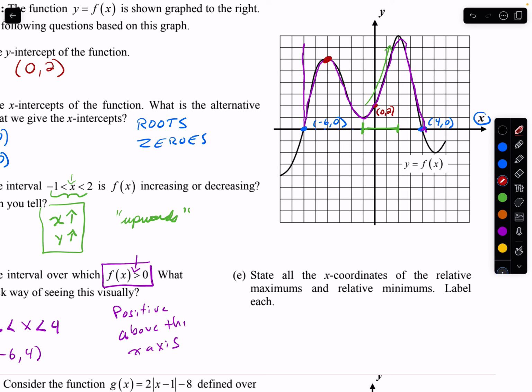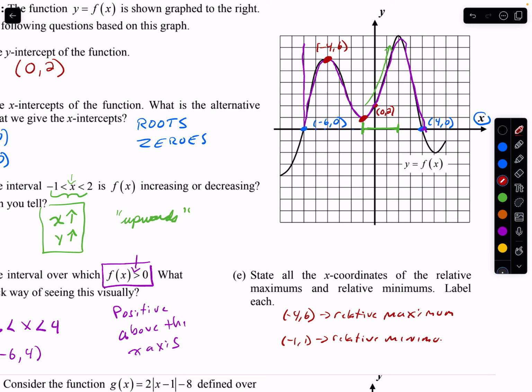The point (-4, 6) is a relative maximum, because it's a highest point, but it might not necessarily be the complete highest point. And then a relative minimum is right there. It's going to go up, it's going to go down. So the point (-1, 1) is a relative